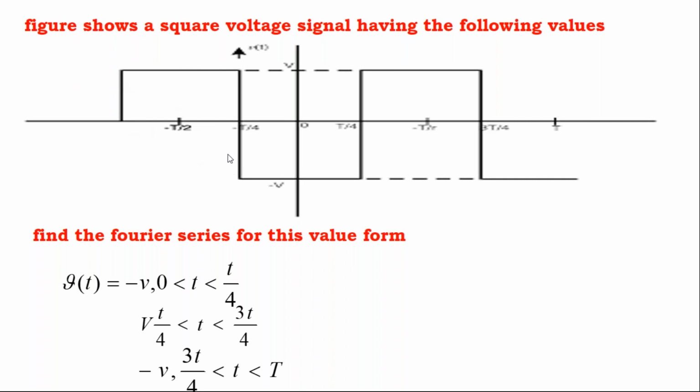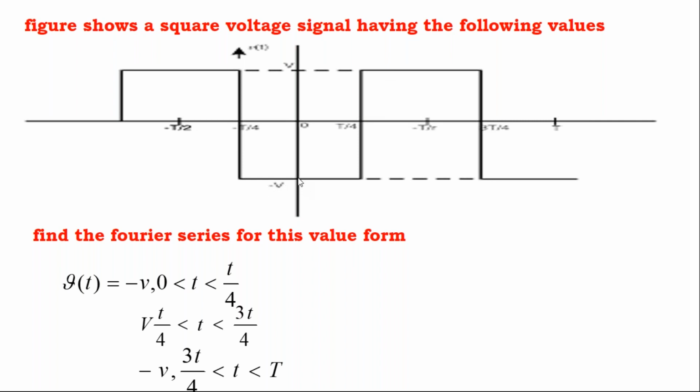Now observe this waveform. Here, the waveform which is given is a periodic waveform, but if you observe the period of this, you can't simply say it is 0 to T. When you see 0 to T, some portion it is covering negative and some portion it is covering positive, and again some portion it is covering negative. So you should be very careful while writing the mathematical equation for this.